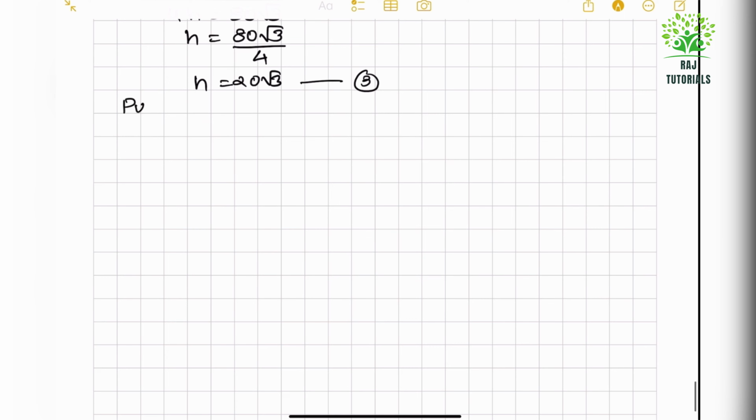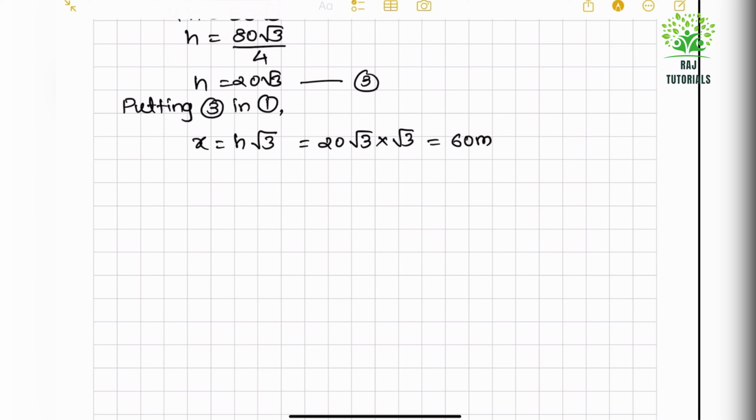So H will be 80 root 3 upon 4. So that is H equal to 20 root 3. Now I got H equal to 20 root 3. Putting that value in 1, X equal to H root 3. So that will be 20 root 3 into root 3. So that will be